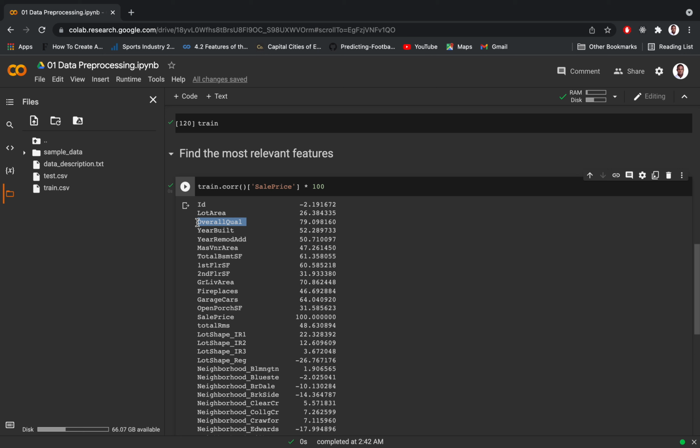So this is not a feature that we will take. This year built is ideal. 52% is okay, all these ones are okay. This one is not okay so much, and 60% and 70%, this one is totally correlating with it, and it's going to overfit. 64, not bad. You can see now this sale price is actually what we're correlating with. I can see that it's 100%. That is overfitting. For example, you're giving it the answer and you're telling it to sleep with it, so it